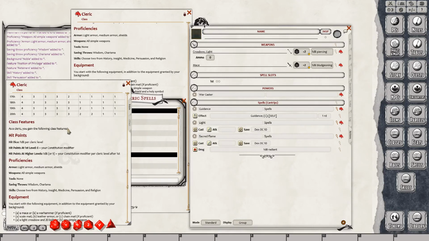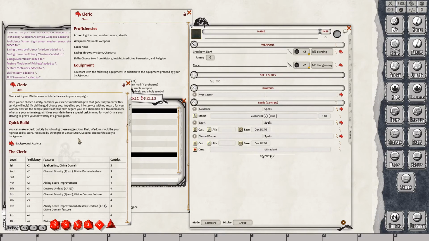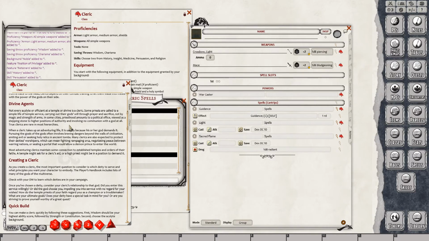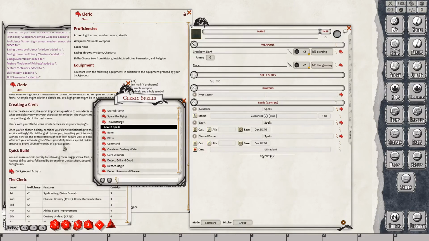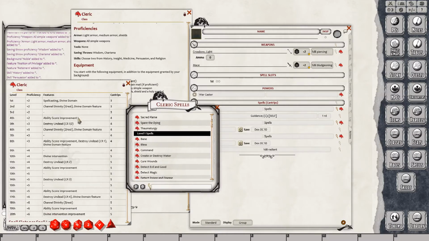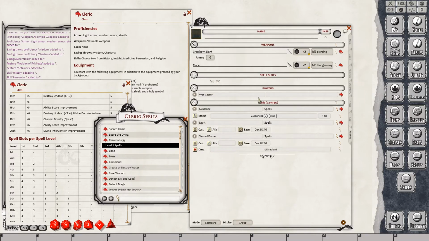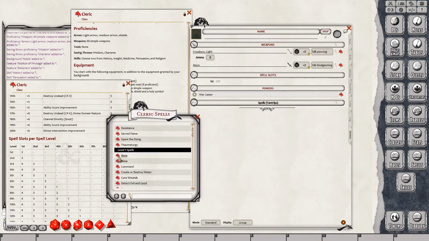And then what other? We get 2 first level spells, right? Now, clerics are like paladins, right? They just prepare spells. They don't have to actually know all of them. They just have spell slots. Right? Yeah, because I played paladins. That's how it works. So I have 2 first level spell slots, but I get to know as many spells as I want. So to make it easy...